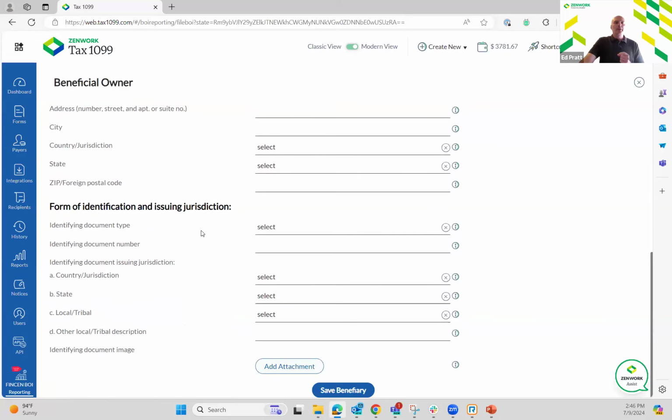There is another piece down here that I want to point out, and this is where it also can be important to know how this process works. There is a form of identification and an issuing jurisdiction. So if you've ever signed up for, let's say, a bank account online, maybe you wanted to get one of those high yield savings accounts, and you went on to one of the websites, Ally or Marcus or whatever, and you registered for